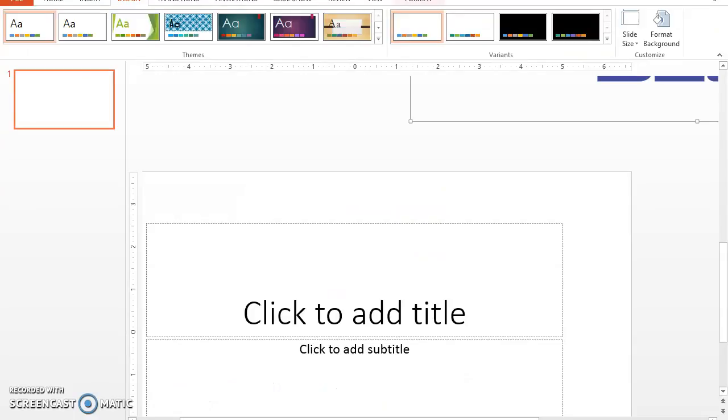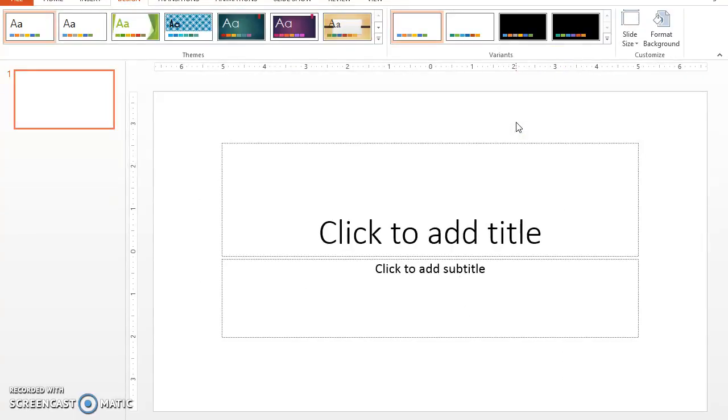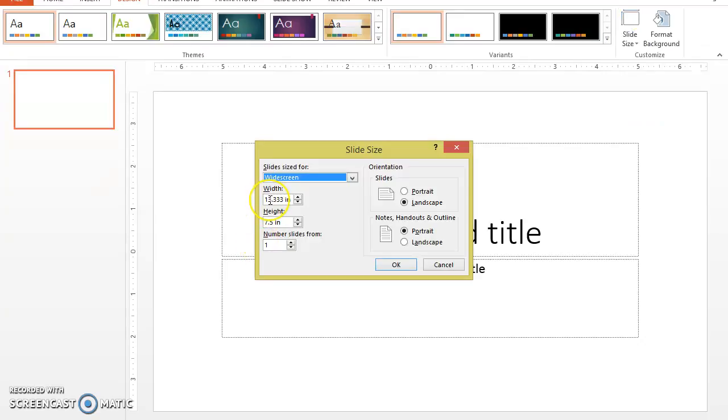As you're getting started, you're going to need to go in and open up PowerPoint, and I recommend going to File, Save, and saving your PowerPoint file before you get started. And then you're going to want to go to your Design tab and set up your slide size. We're going to be printing these on 11 by 17-inch paper, poster paper, so you're going to want your slide size to match that. So if you go to slide size and then custom slide size, you can make those